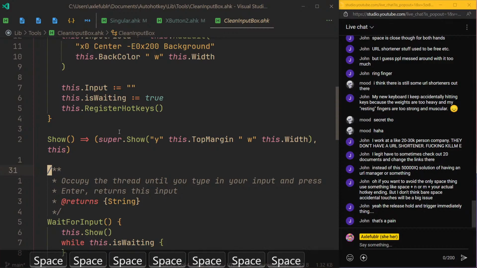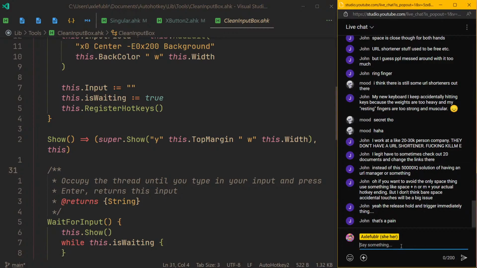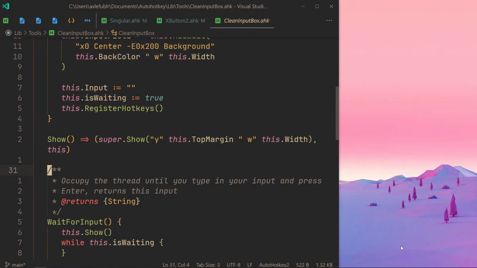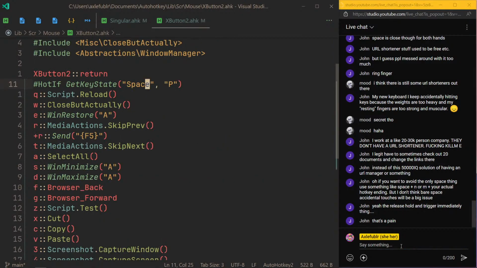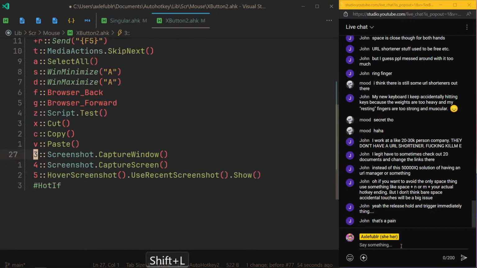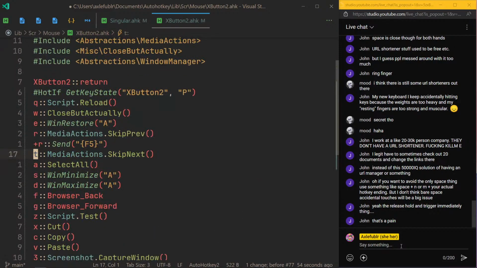So I guess space does nothing here. But maybe I'm in chat and I want to close it, so I'm like space S. And well, I typed in some spaces. So either solution is kind of